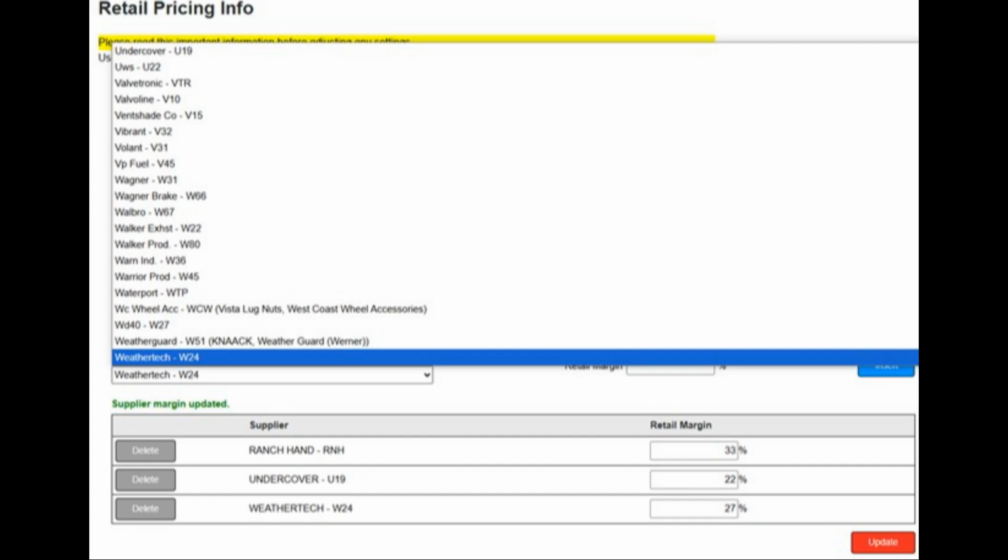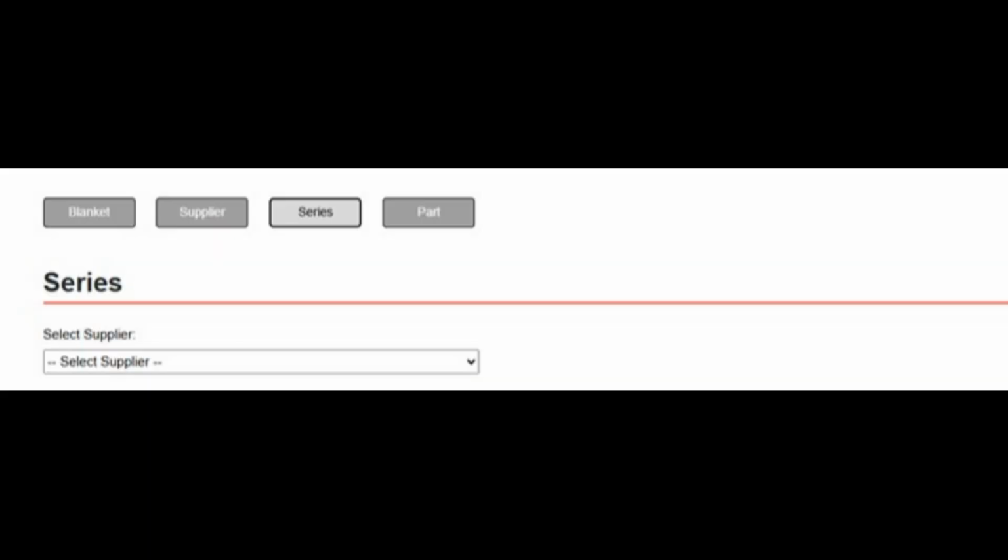Here is a tip. Upon selecting the drop-down arrows for the supplier and series pricing options, you can type the first few letters of the supplier or vendor code to avoid excessive scrolling. Pricing by series. You also can price a particular brand at the series level. This is for when you would like to price a particular series of product lower than the established blanket or